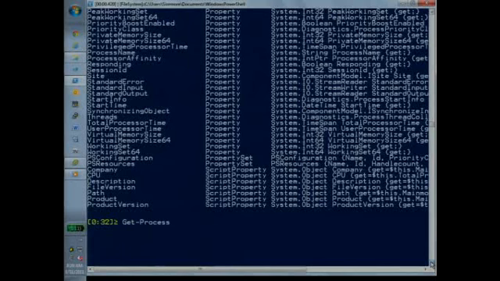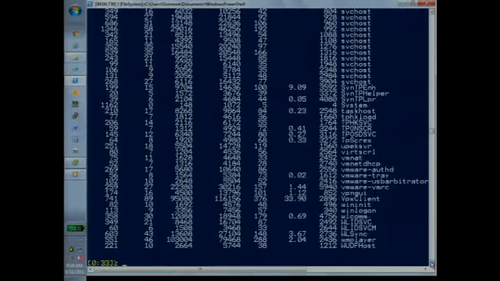But the reason I bring this up is when I just run Get-Process, I see 1, 2, 3, 4, 5, 6, 7 columns. Now, why is that? Well, it turns out that these are the 7 columns you care about the most. And 9 times out of 10, this is going to be the last bit of information you want, and all you're going to want to see is these 7. This is also true in PowerCLI.